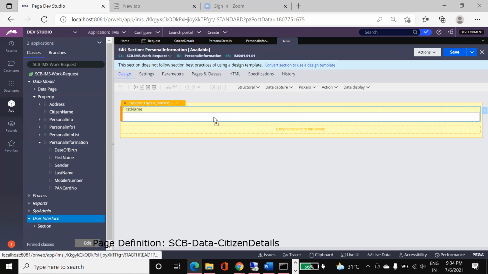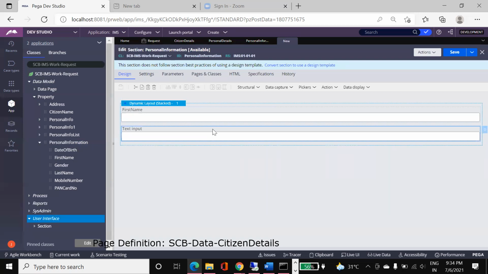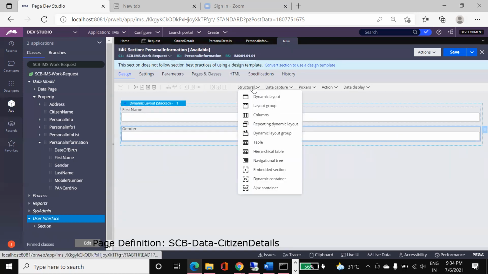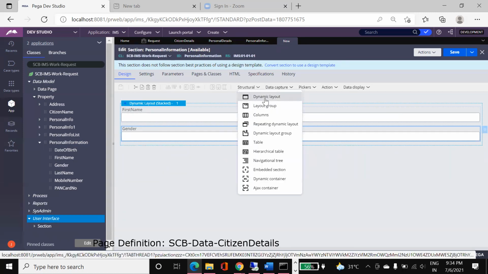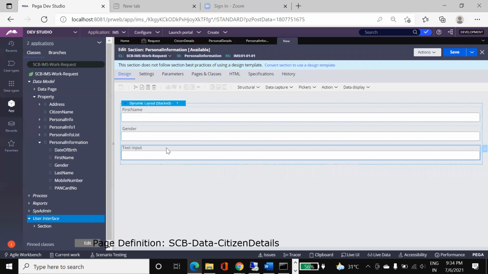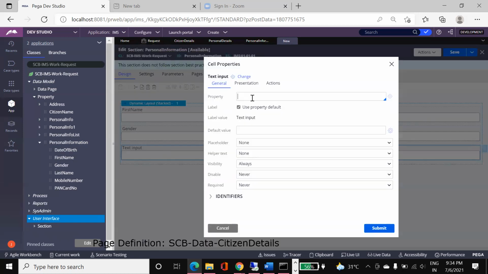Similarly, for the second property, if you want to configure the gender property, it is dot personal information dot gender, and you will get it. In a similar way, you can configure last name.